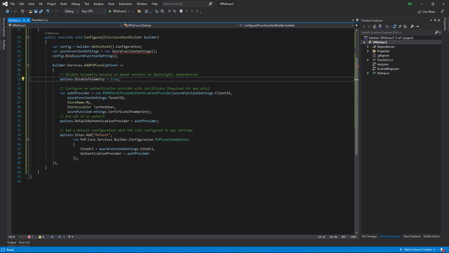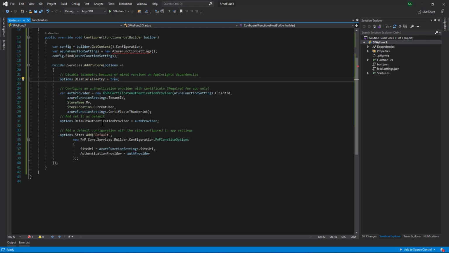And next, we are going to configure the auth provider. Since we are going to use the certificate method, we use the X509 certificate authentication provider. Configure the client ID and the tenant ID, and the store name is My and the location is current user. When you deploy into Azure, we have already uploaded our certificate in the Azure app, and when we deploy this function in the Azure function app, we will upload the PFX file in the function app settings, so it will automatically use those settings.